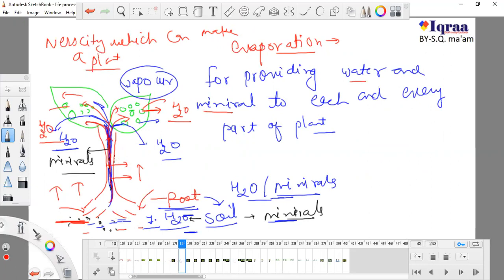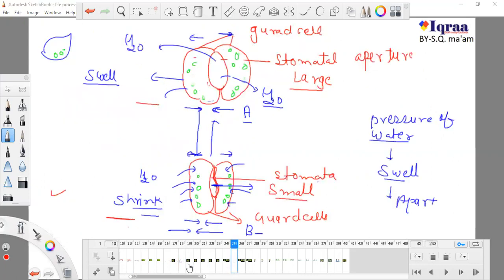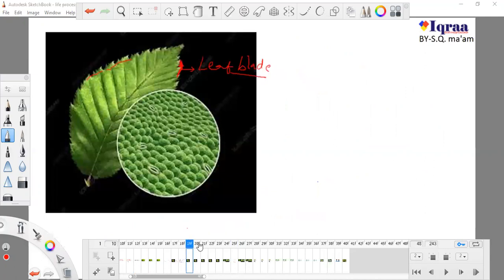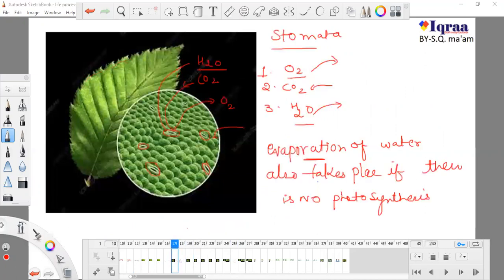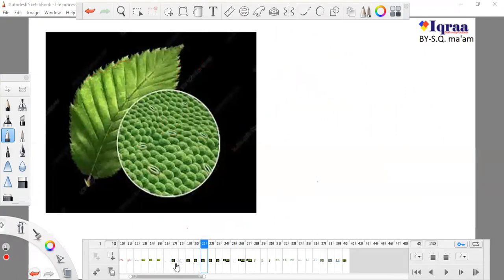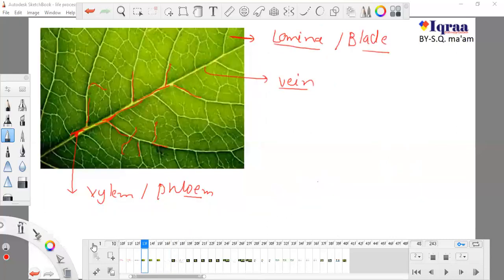So how will it conduct everything? For the conduction of water and minerals, xylem is used, and for the conduction of food which is produced by the plant,